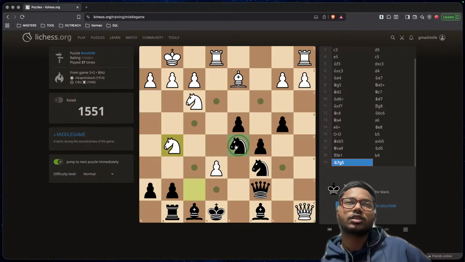Okay, it is saying to play the knight. Where should we place this knight? Can we play it here? Can't go, it will be taken.